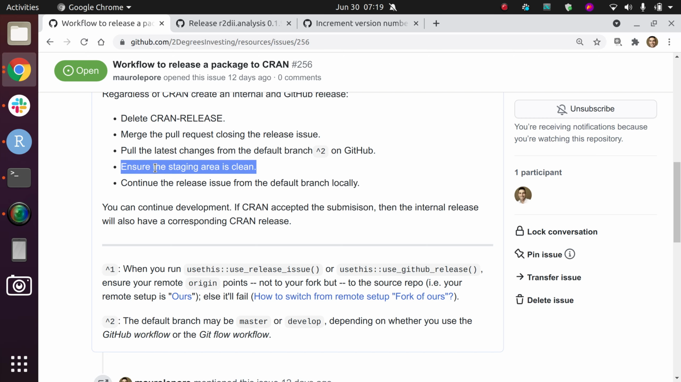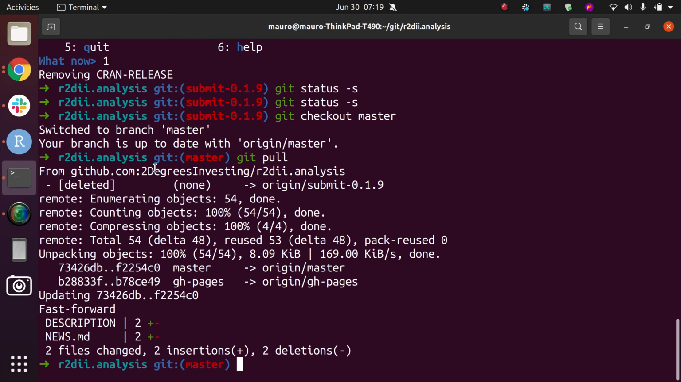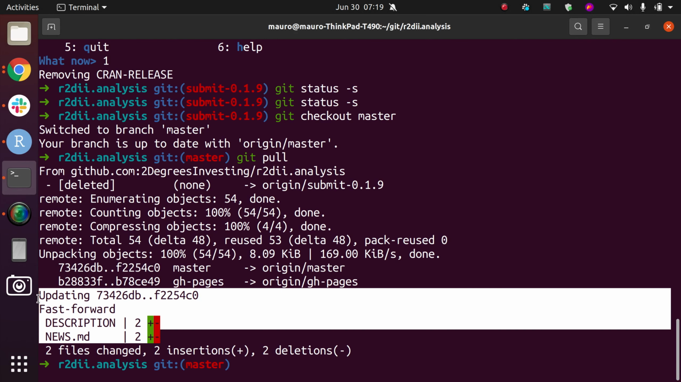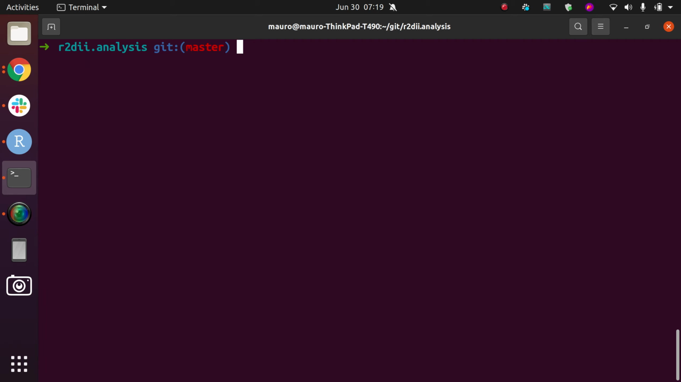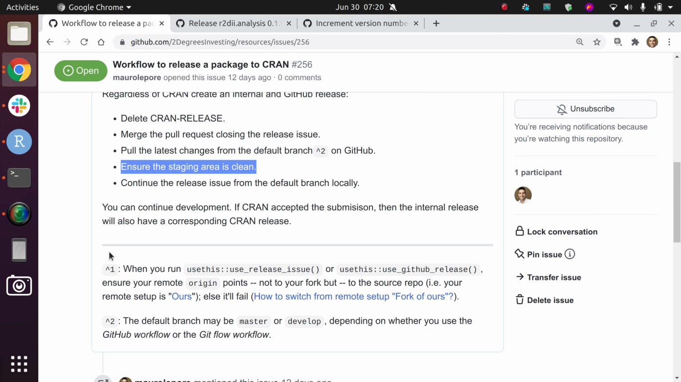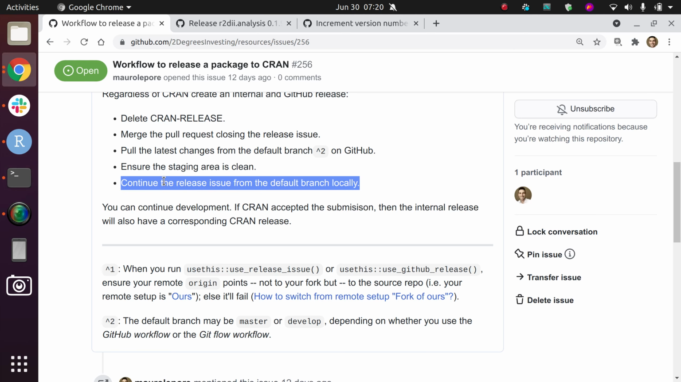Now again, to ensure that the staging area is clean, just in case. As you can see, these lines here show that local master has been updated. If I now do again, let me clean this with Ctrl+L, git pull, what you will see is that everything should be up to date, right? Because I already pulled the latest changes. So now another git status should confirm that there's nothing hanging in there, and finally I can continue the release